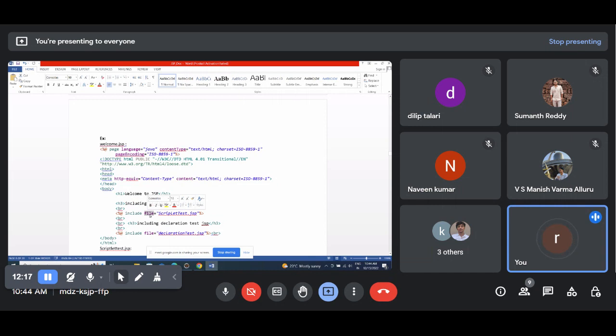This is one of the attributes. What is the purpose of it? To include some other JSP inside this JSP, we use the file attribute. In the same way,